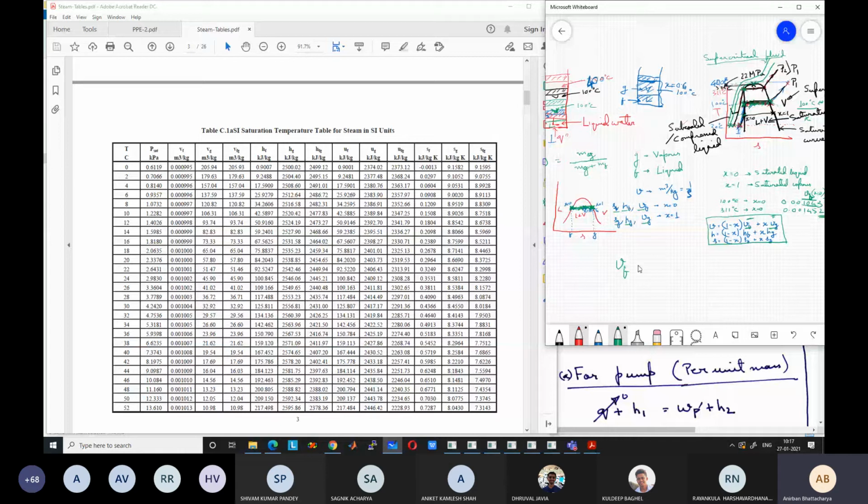So this fg subscript denotes differences between the g properties minus the f properties. So any of the g properties minus any of the f properties. Why is this there? Because it actually helps in easing the calculation. I will come back to these steam tables again, but let me just show you once.